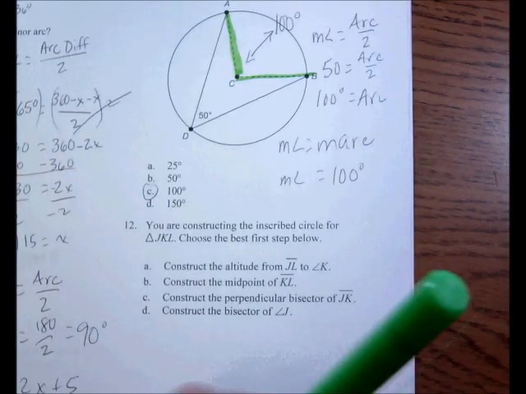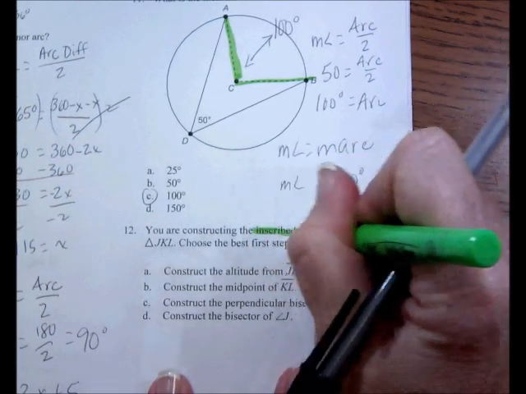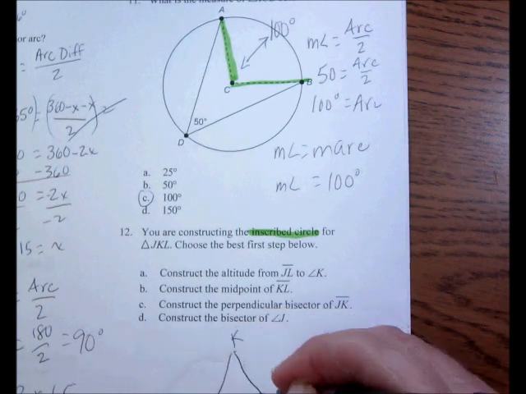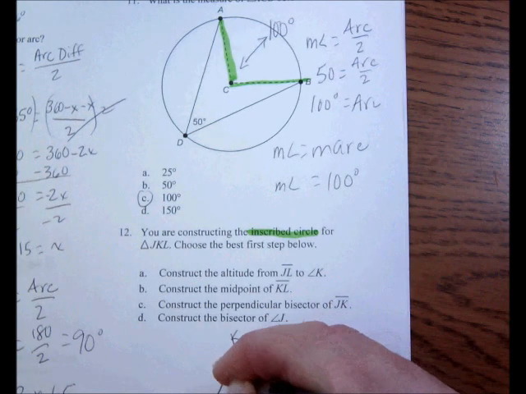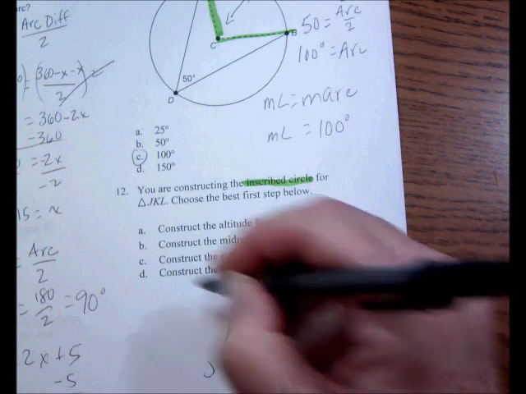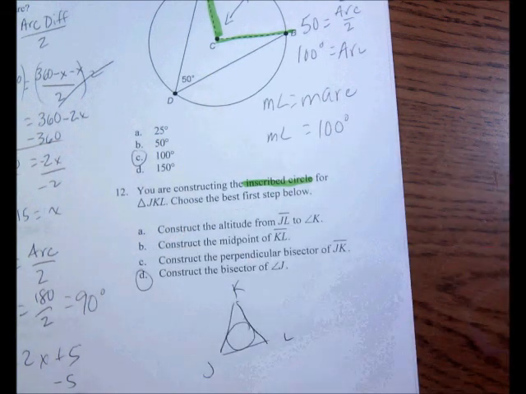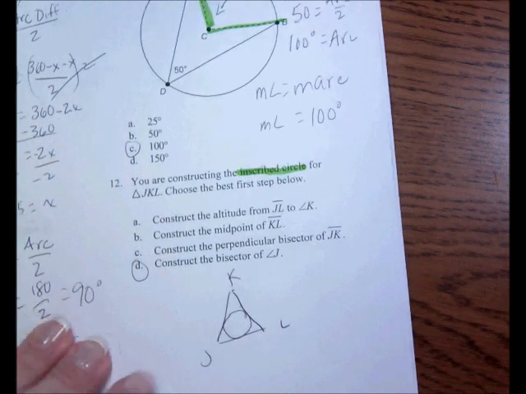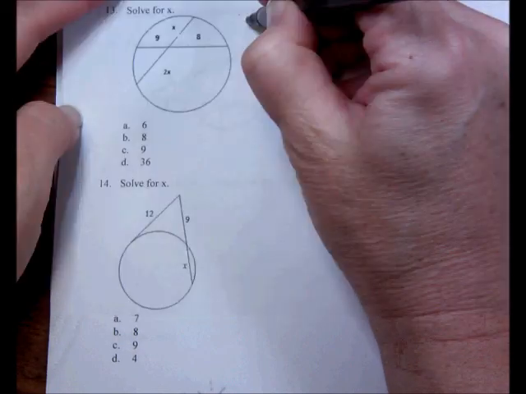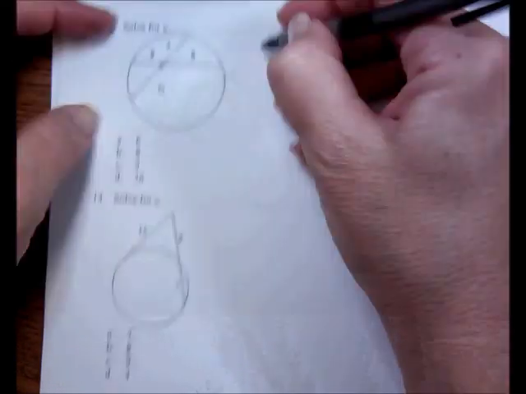Number 12, it says you're constructing an inscribed circle for triangle JKL. Inscribed is going to be inside, and we discussed that inside, you're going to need to construct an angle bisector. So this is just knowing how to construct an inscribed circle to be able to answer this question. Number 13. We're dealing with segment lengths, and I know that the vertex is inside and it's 2 chords, and so